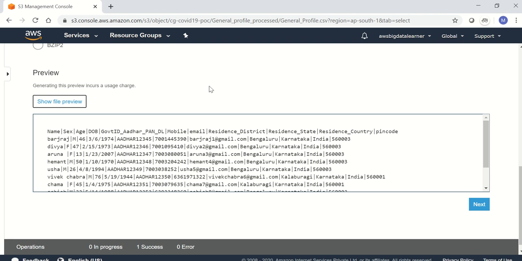First we downloaded it in Excel format, then converted into CSV format, modifying a couple of unnecessary, unwanted data. So here you can see the general profile.